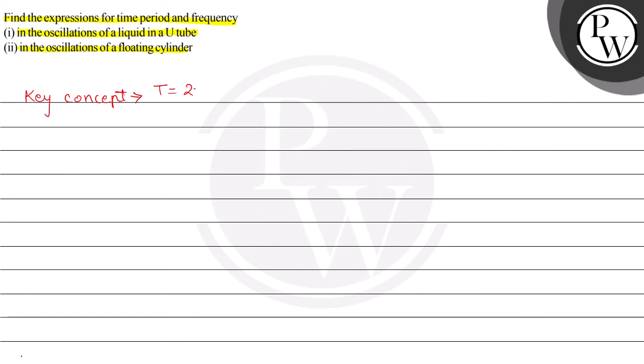That is T is equal to 2 pi under root inertial factor divided by spring factor. Inertial factor is due to the movement or the mass here, and spring factor is due to the restoring force. And for nu, that is frequency, this will be 1 upon T, which will be equal to 1 upon 2 pi under root spring factor divided by inertial factor. Now,